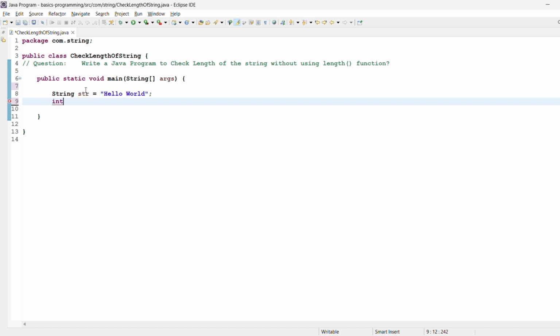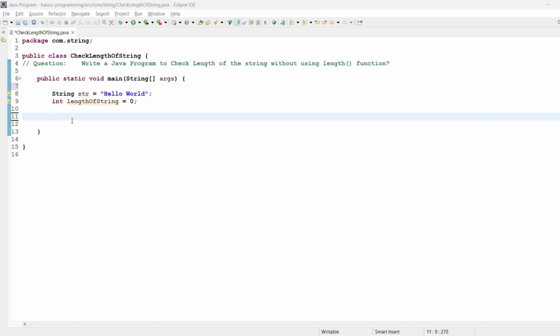So now our program starts here. We just need one variable here. Just take lengthOfString. It should be something relatable so that you can easily understand. That's why the length of the string is equal to 0 here. The initial value of the length of the string is 0, and then you just need